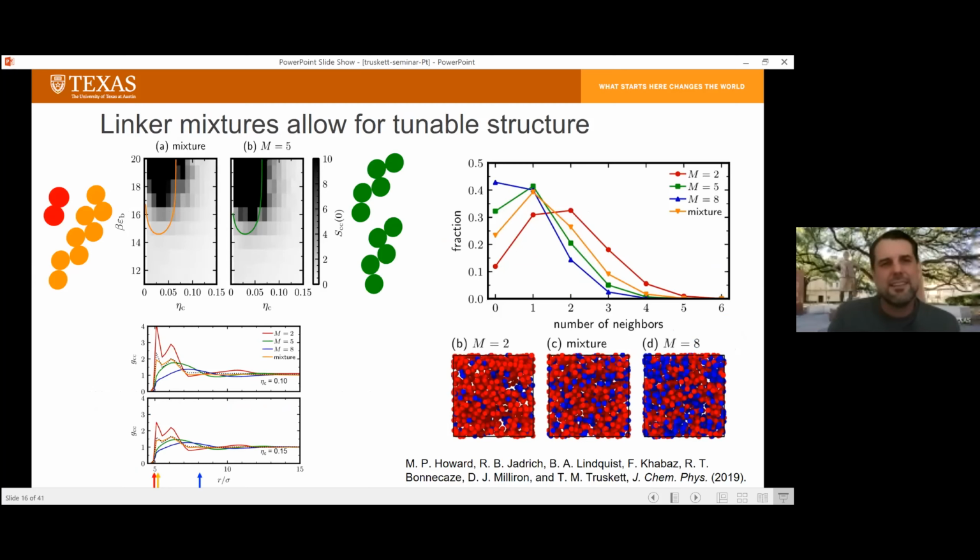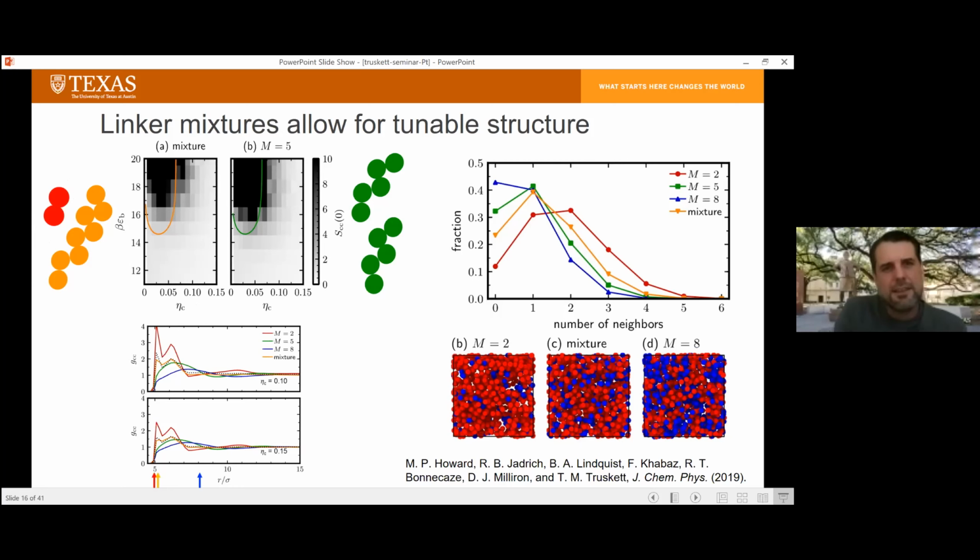There's an interesting thing that you can observe here. When you use a mixture of linkers, you actually get phase behavior that's not that different from the case where all of the linkers have the molecular weight of the average. So you can introduce flexibility to the system in terms of local structure, which I'll get to in a second, without compromising the phase diagram. So mixtures preserve the phase diagram, but then when you look at the local structure,